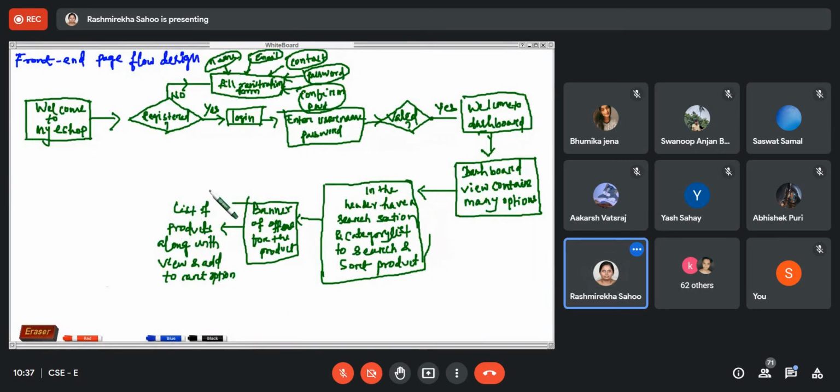Suppose you want something else to be displayed to the customer, so that you can write in the design flowchart. You just see how we are designing the page in pictorial form. So then next you can write: